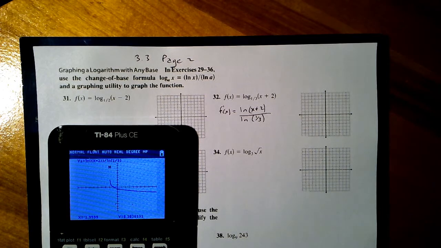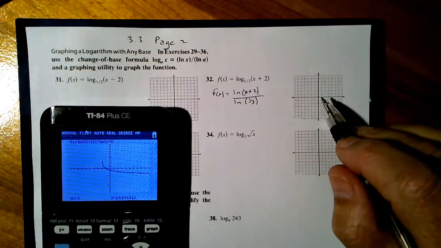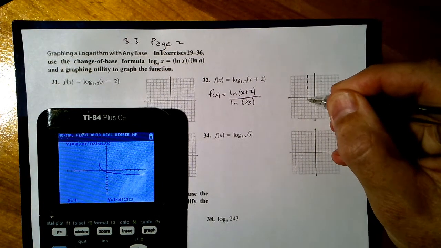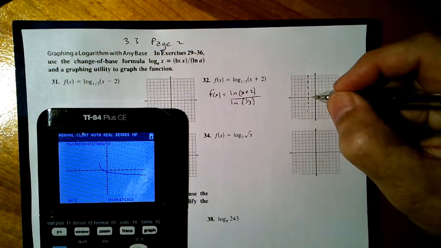If I go negative 1.999999, we're up at 14.67. So it's just running up to infinity eventually. So we need to recognize and not just trust our calculator. We need to recognize we have an asymptote at negative 2. And we're just supposed to be doing this on our calculator, so it looks like it goes